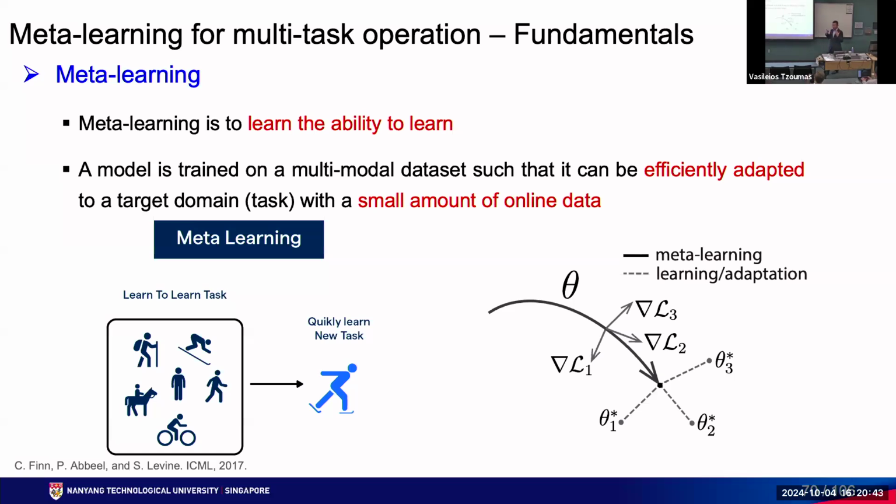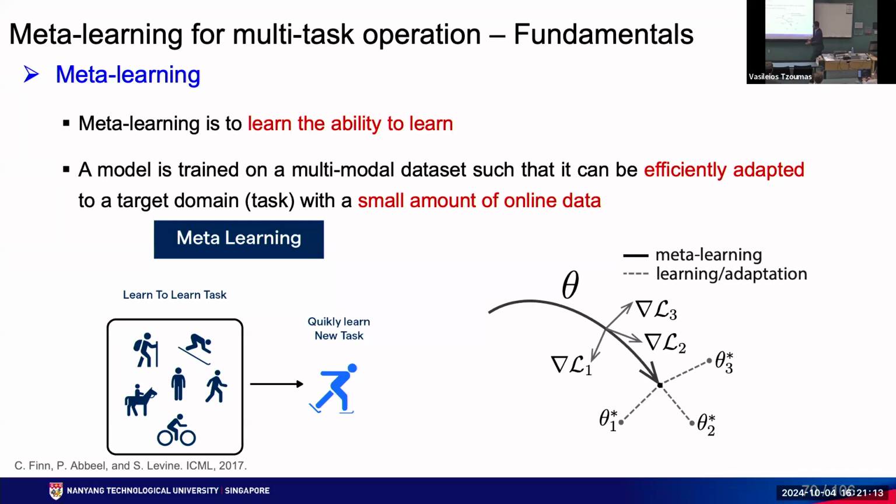Because remember, we have used the neural network heavily to account for the nonlinear mapping, to account for the generation of the Koopman matrices. So we cannot afford to retrain these neural networks when we face a new operating condition, right? So it's okay to take a very long time to train the neural networks offline. But once we move to online implementation, we cannot afford the retraining of the neural networks. We would like to leverage meta-learning to adapt to the new environment very efficiently and quickly using very limited data,